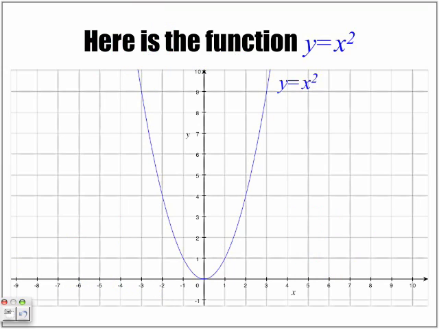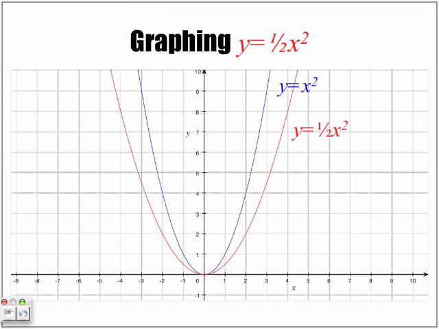Okay, so here we have y is equal to a half x squared. Notice now our parabola. Our original is in blue, and our new one, y is equal to a half, and the half translates still to the 135, but our 135 here this time is going to be multiplied by a half. So from our vertex,